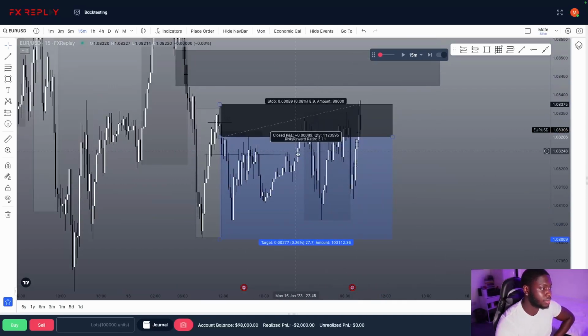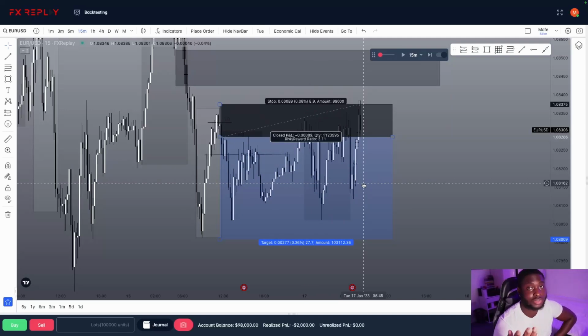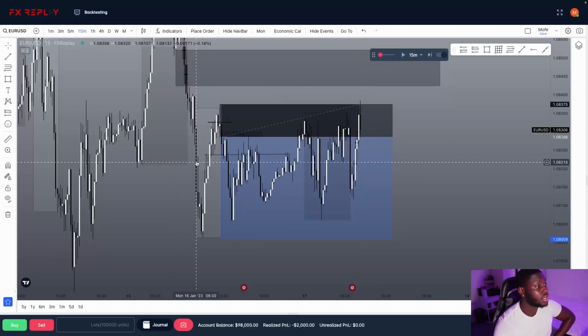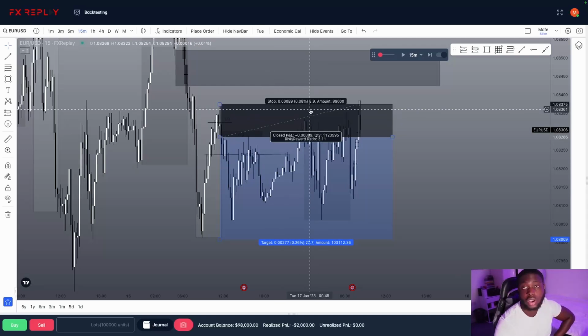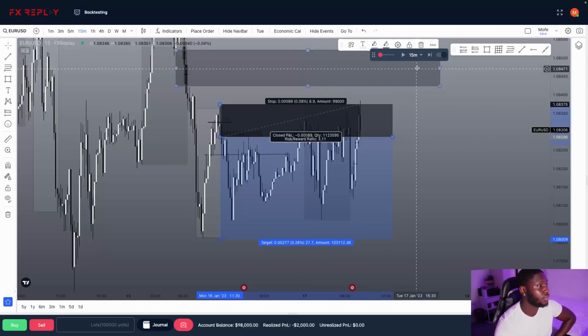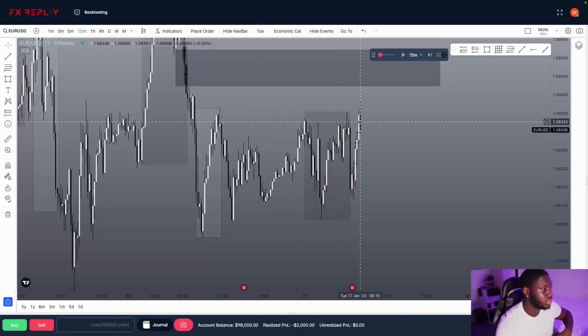So this will be -1R. So you go and journal this. Ideally, I would have probably closed, but for the sake of the video, I'm going to take it as a loss. If you took this loss, you could go back and journal it. It was a completely valid trade. There's nothing wrong with a loss like this. You should be happy to take these types of losses because it means that you followed the strategy. But I'm not really going to dwell on the loss, and we're just going to move on to the next day. Just going to delete all of this.